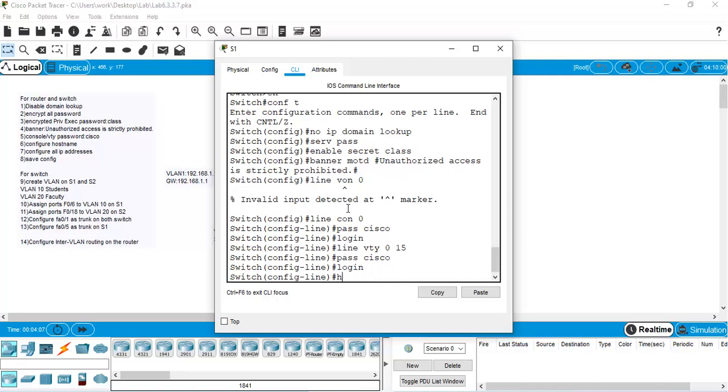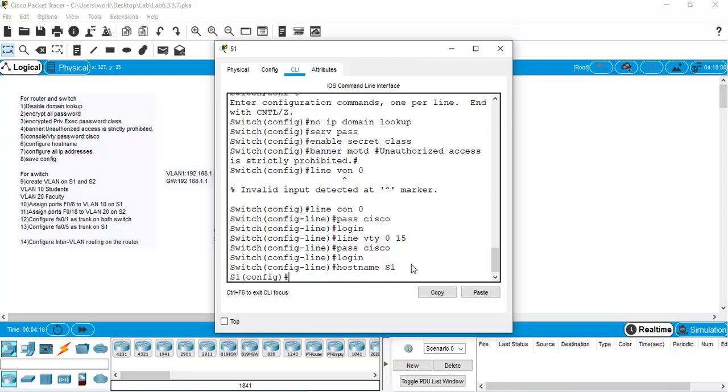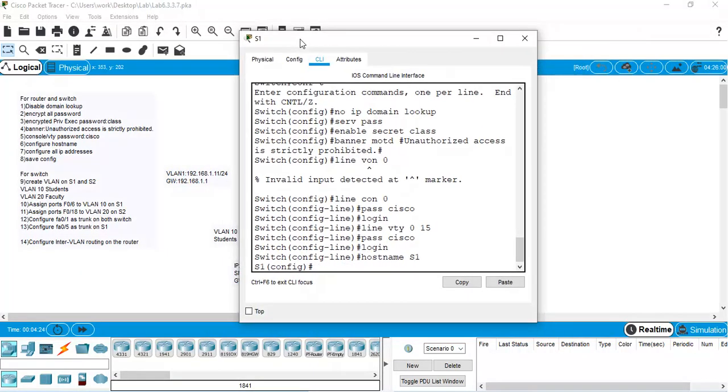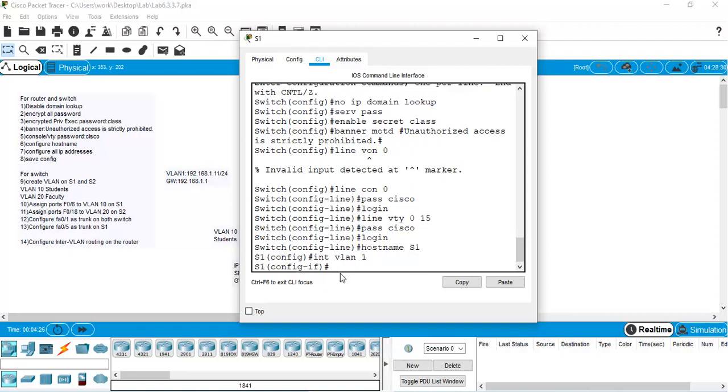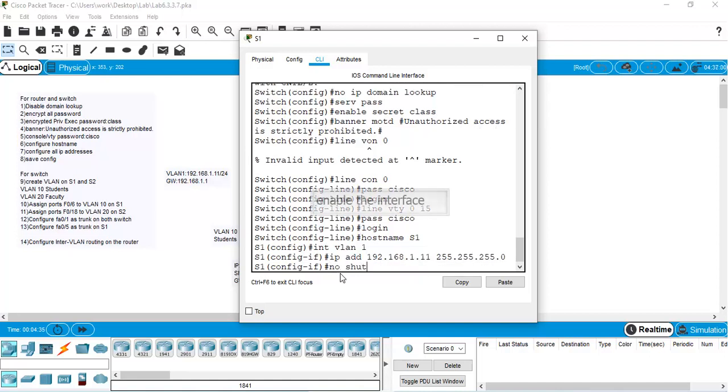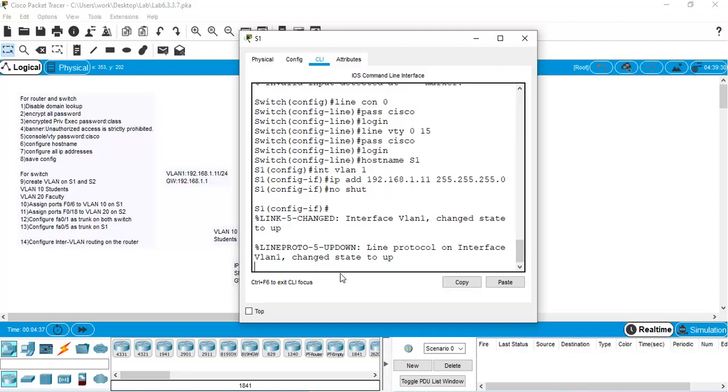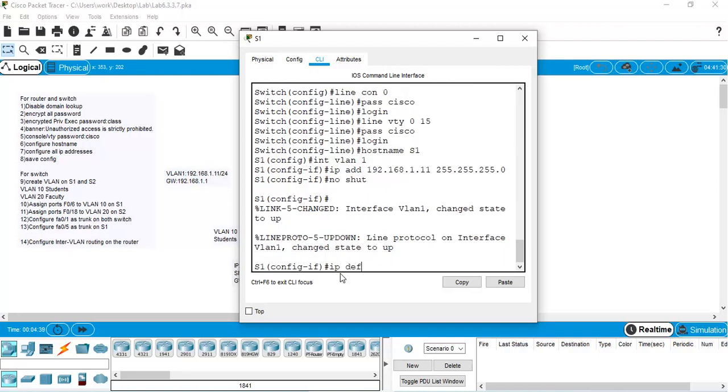Okay, hostname, as can be seen at the top left, S1. And last but not least, configure IP addresses. So we need to configure IP addresses on the SVI, or the switch virtual interface, VLAN 1. 192.168.1.11, 255.255.255.0. Okay, no shut to activate or enable the interface. IP default-gateway